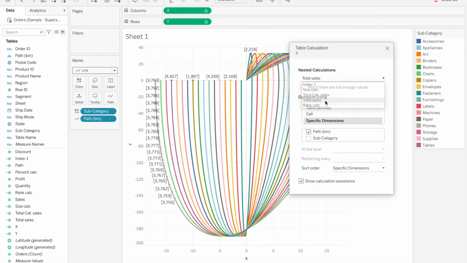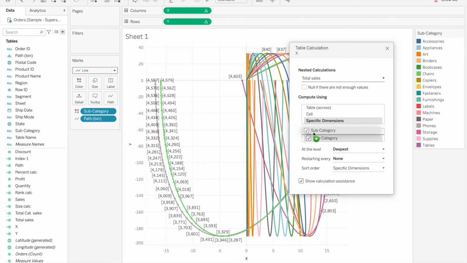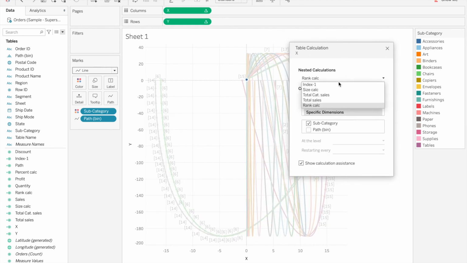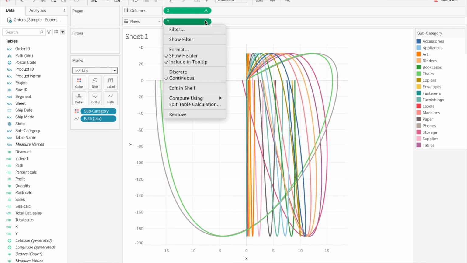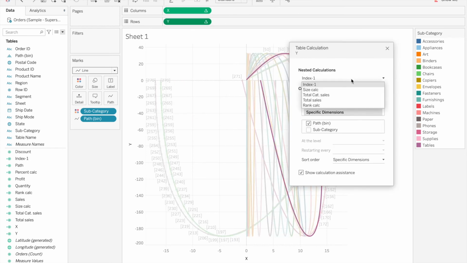For total sales also follow the same steps. Subcategory and path both should be selected and subcategory should be on the top. Let's see if everything is in place. Fine. Now let's move on to Y. The same steps need to be followed for the Y calculation as well.